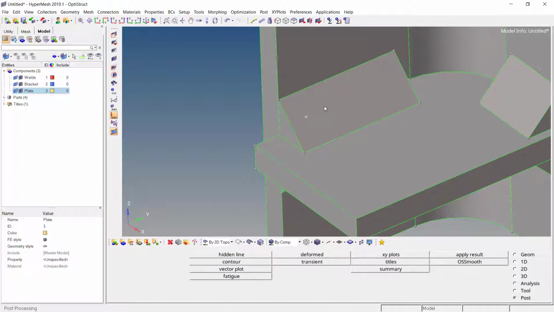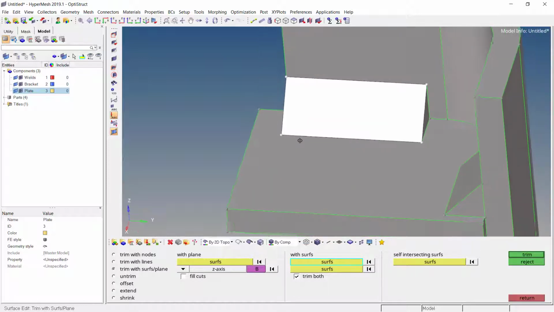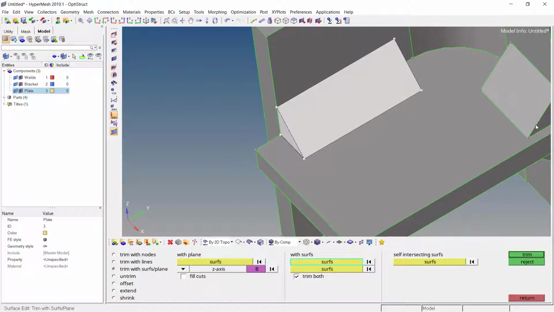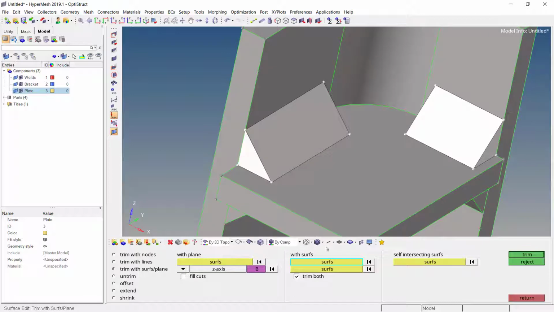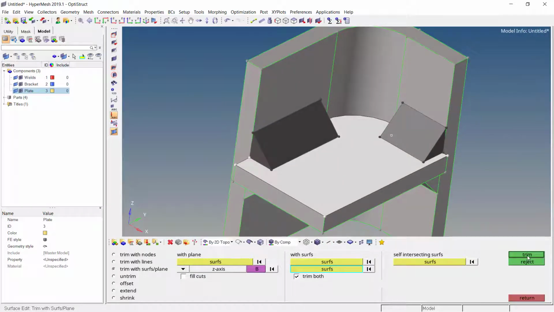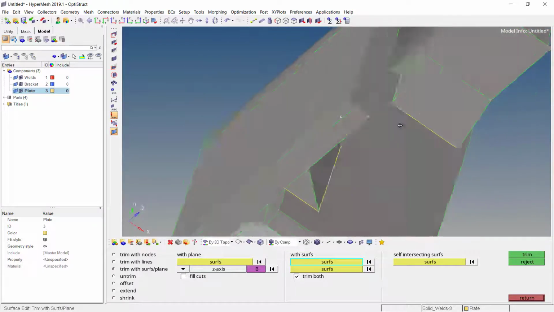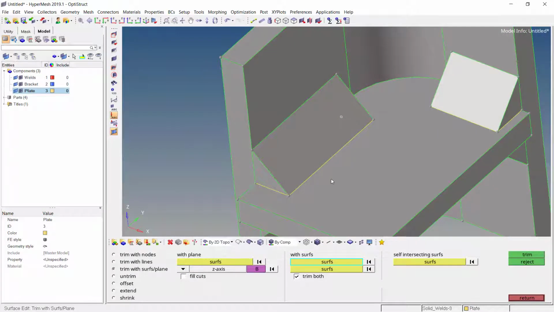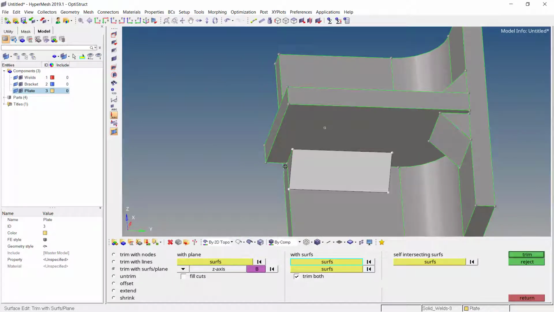To do that, simply press Shift F9 on your keyboard, go for surface to surface trim. Select this surface. Again let us do the same thing on this side as well. Again click on this surface and select this bottom surface. Again click on trim. Now automatically you can see here the yellow color is coming. That means now these edges are being shaded. Similarly, let us do the same thing in the bottom as well.